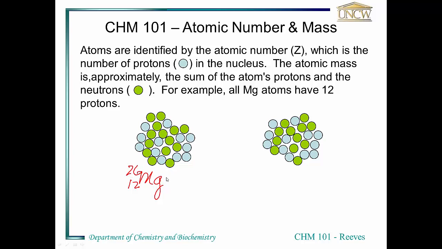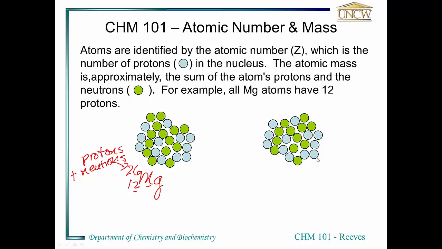So the symbol has the abbreviation for the element. In the subscript preceding it is the atomic number. That means these two are redundant, because 12 is the atomic number for magnesium, meaning anything with 12 protons must be magnesium. But in the superscript before the symbol is the atomic mass, and this is therefore the protons plus the neutrons. So this is the isotope of magnesium that has an atomic mass of 26, because it has 12 protons and